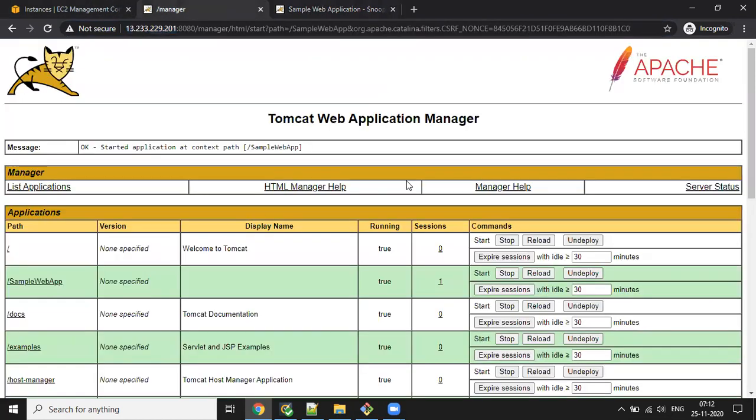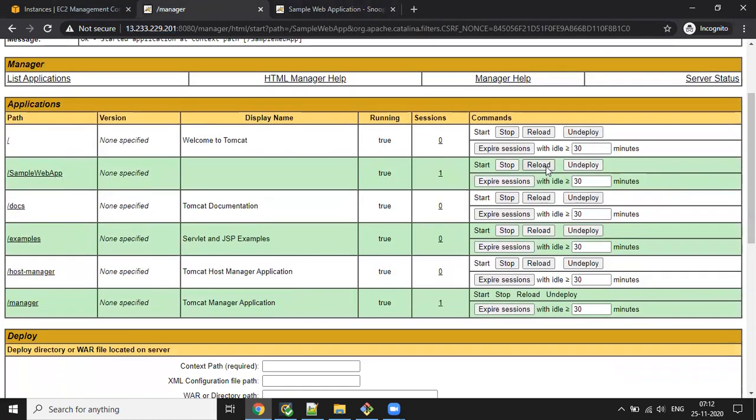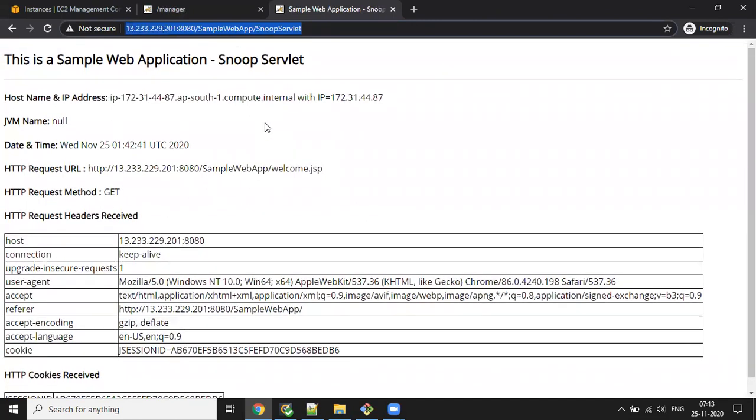And one more option is called reload. What is this reload option? Suppose I'm going to open this sample web app.